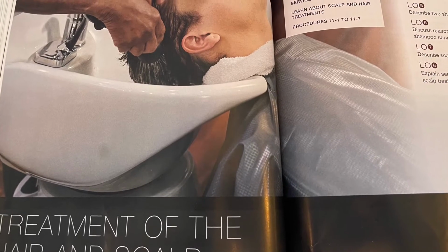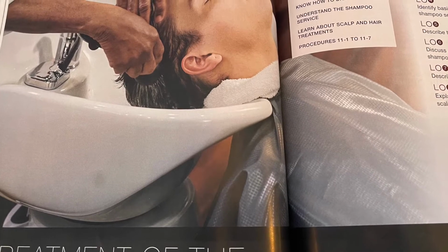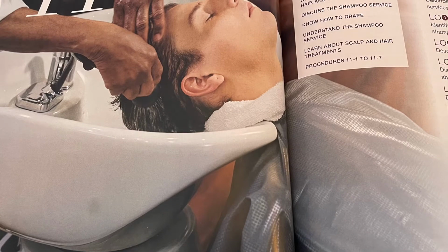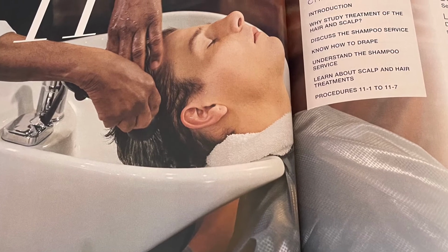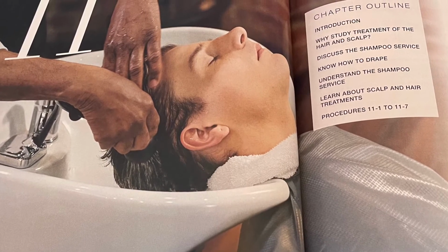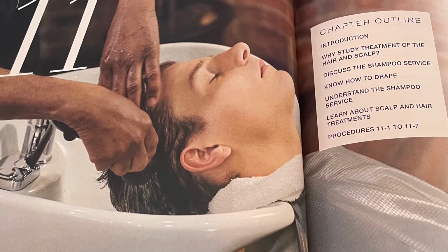Treatment of hair and scalp, including shampooing, scalp massage, conditioning, and special treatments for hair and scalp conditions. When performed correctly, these services are relaxing and effective in helping to ensure the health of clients' hair and scalp. Providing such professional services can also increase client retention and referrals that help to promote a positive reputation for the